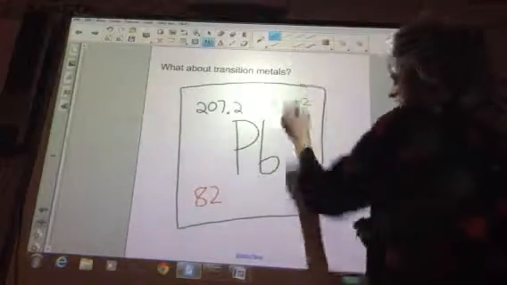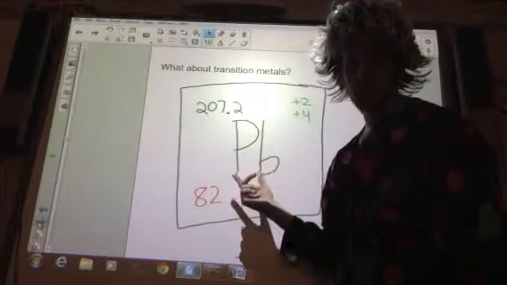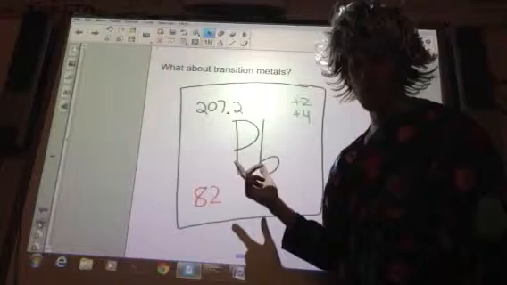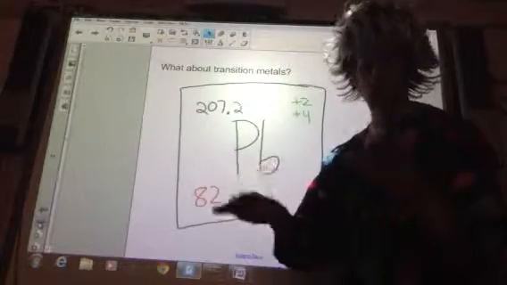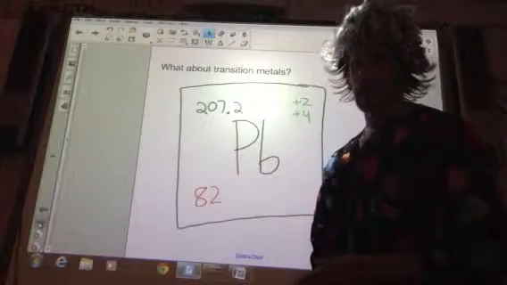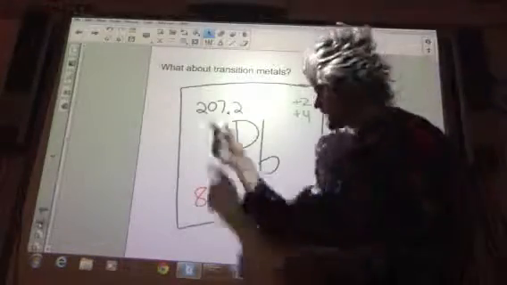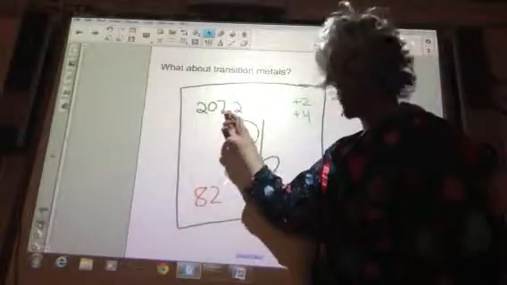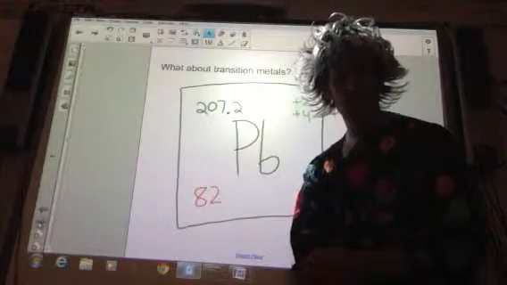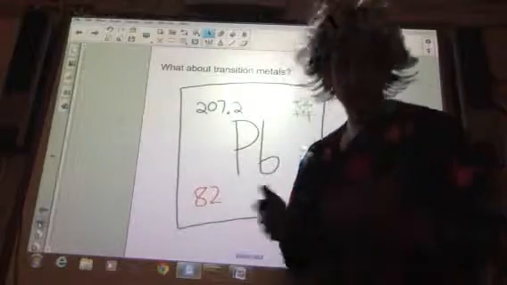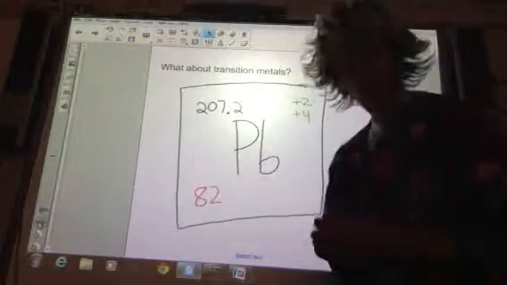lead is as follows. Pb, it is lead, not to be confused with peanut butter. Because if you get too confused, you might just so happen to have lead poisoning, which is very bad, folks. Make sure that what you're eating is a peanut butter sandwich, not a lead sandwich. You should be able to tell by the weight. Lead's a little bit heavier. In fact, it's so heavy it's 207.2 atomic mass units. It's one of the heaviest elements in the natural world. That's not man-made. There are a few, but for the most part, of all the common elements, it's one of